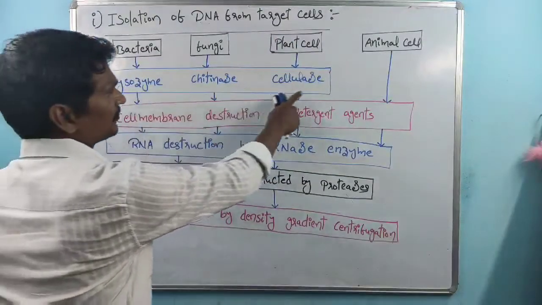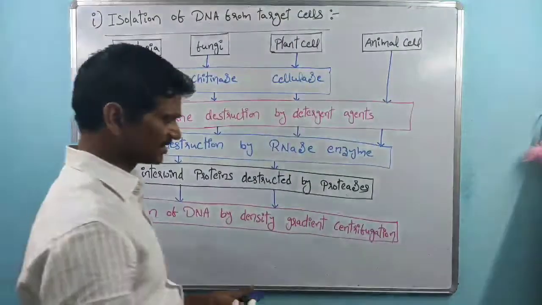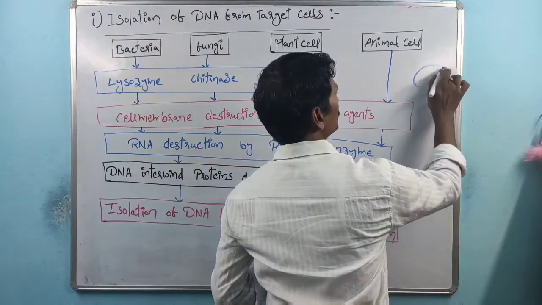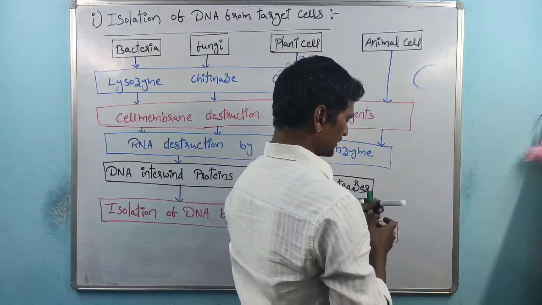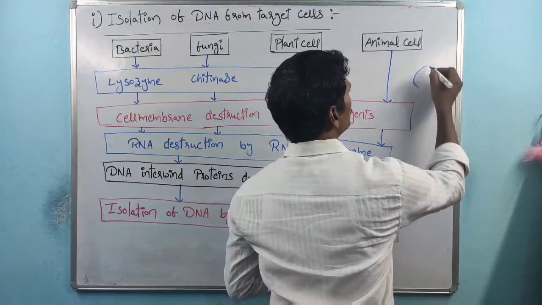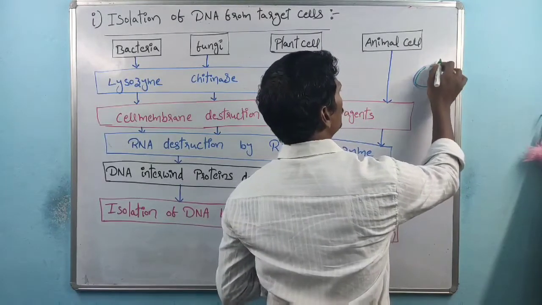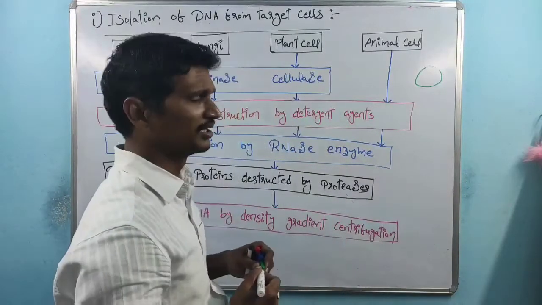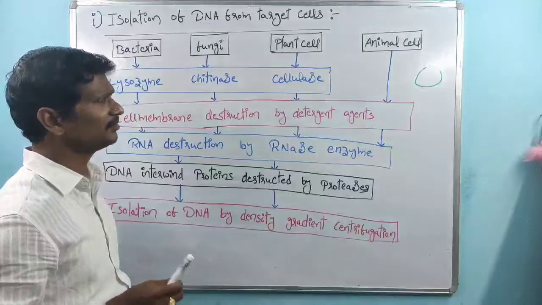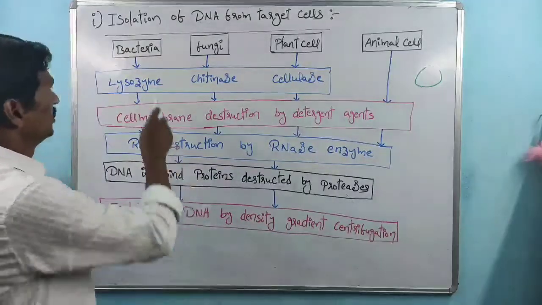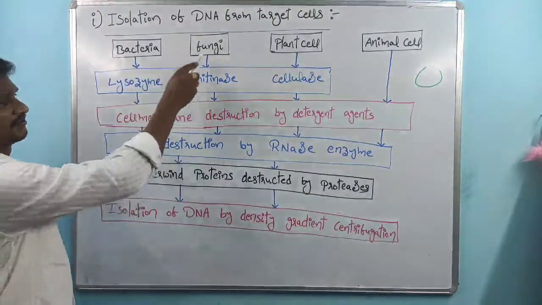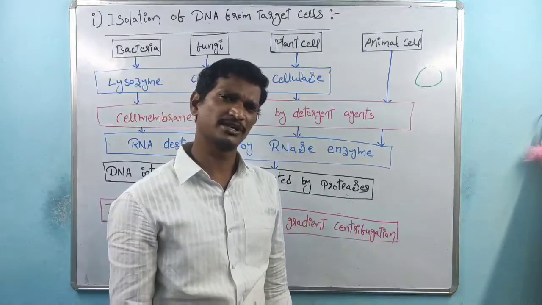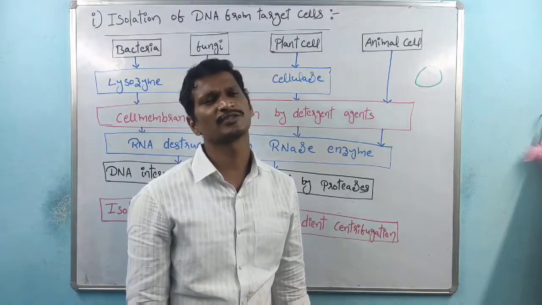So these are involved in the cleavage of the cell wall. Suppose in a cell, this is the cell wall. If we cleave the cell wall, inside the cell wall there is a plasma membrane. This is the plasma membrane. We have already removed the cell wall. The next target is the plasma membrane. In bacteria, the plasma membrane is present. In fungi, plant cells and animal cells, the plasma membrane is present. All cells contain the plasma membrane.